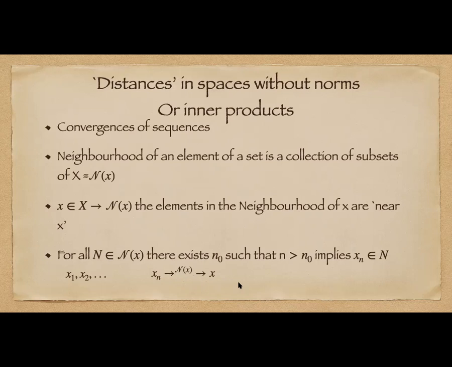It takes a little bit of time to absorb all the implications of what this is saying. But if we draw a visual picture of this, it would be starting from some x_1, and then slowly as the elements of the sequence x_1, x_2, x_3, x_4, x_5, etc. progress, we will find the x_n, when n is greater than n naught, within the collection of subsets N.